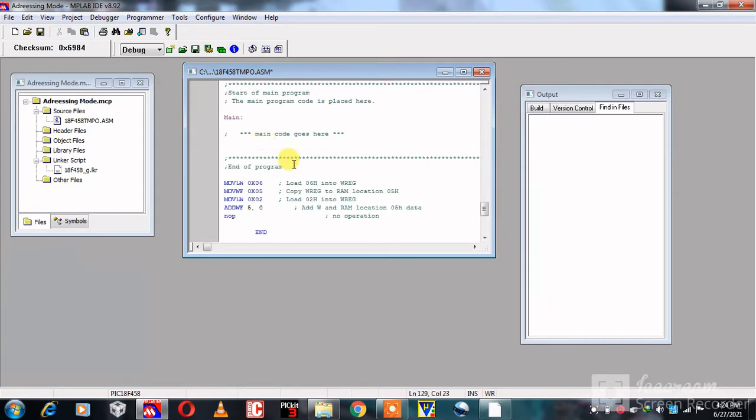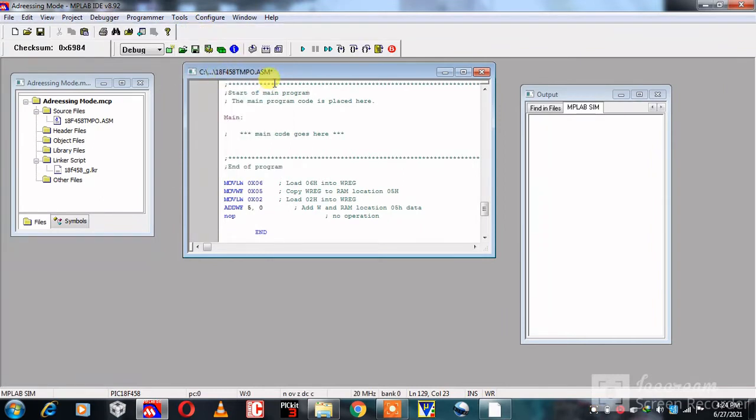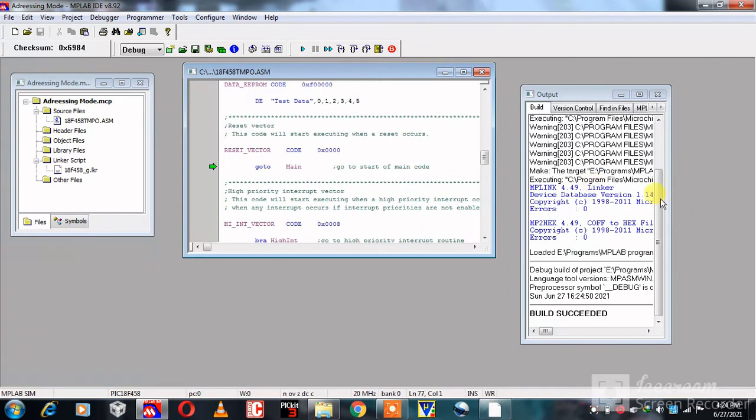After writing a program, our third stage is build a program and check the result. Then click on debugger, then select tool and then click on MPLAB SIM. Then click on make. Here build succeeded.